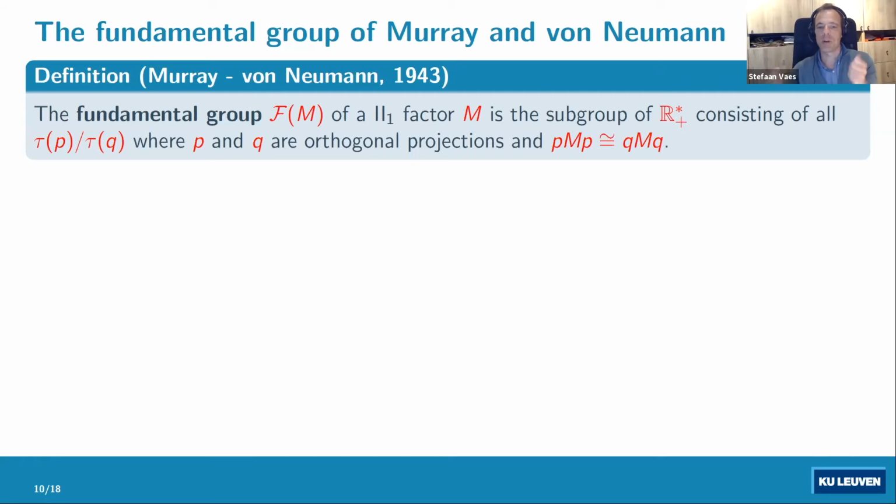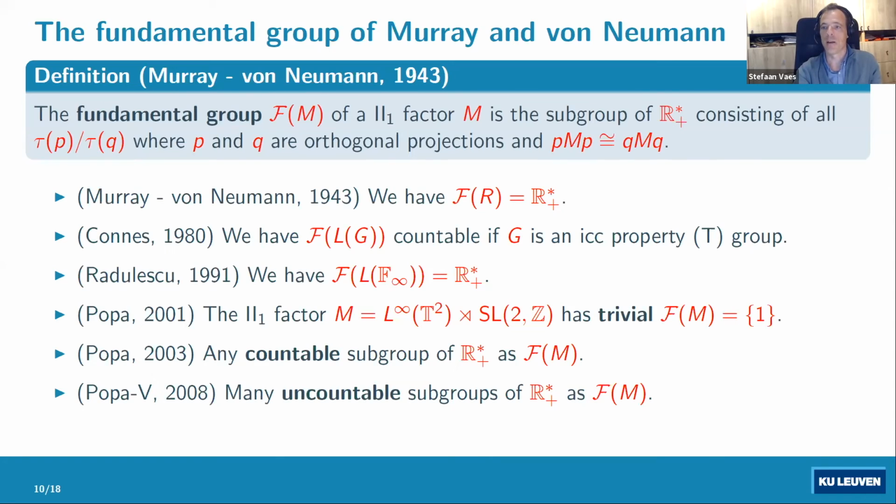And then at the same time, they write in their paper a sentence saying that they are frustrated that they could not turn it into a useful one because the only computation they could make would give the entire positive real line. So the only thing they could prove is that the fundamental group of their hyperfinite II_1 factor is the entire positive real line. And of course, they had no means at all to disprove that the fundamental group would be R plus for any II_1 factor. So that was only disproved much, much later by Alain Connes, who proved that if